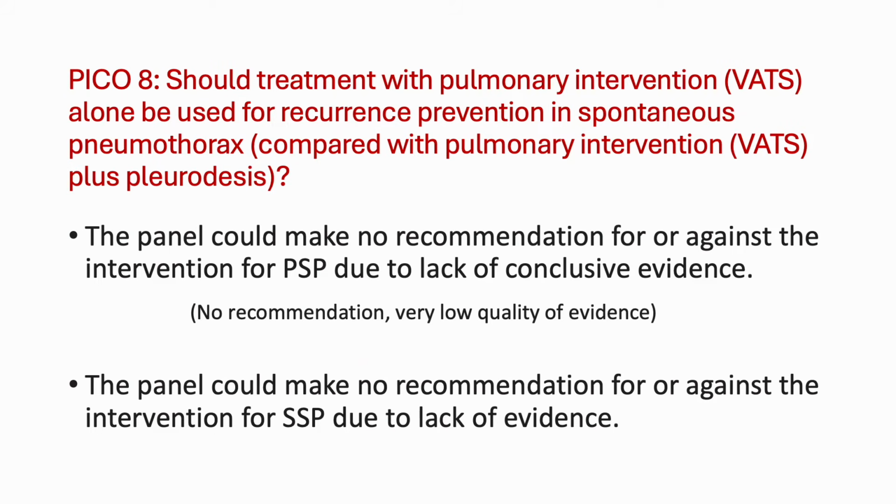PICO 8 is whether you should use VATS alone for recurrence prevention compared with VATS plus surgical pleurodesis. So, here again, they said that the pulmonary intervention we are talking about is any intervention which is done on the lung. Either you can undertake it alone or you can do it with an attempt to do a pleurodesis during the surgical intervention to prevent the recurrence. Now, here they could not make a very clear cut recommendation because the evidence is mostly inconclusive and scarce. They did not see much difference between intervention and control arm